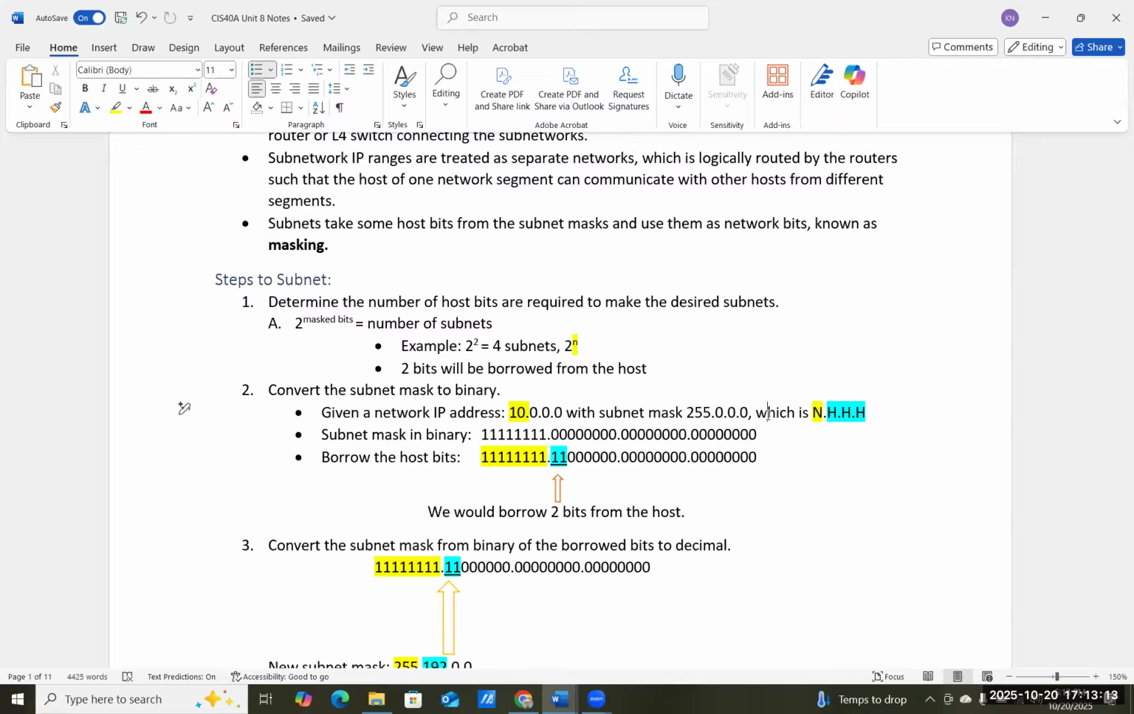And as you notice in the previous, when we don't borrow, they are 0. And when we borrow, they become 1s. And it's simply that, right? Okay, and then you plug this value into your programmer calculator, you will be able to have your network ID here. Okay, so we will borrow the 2 bits from the host, and then when we convert it,